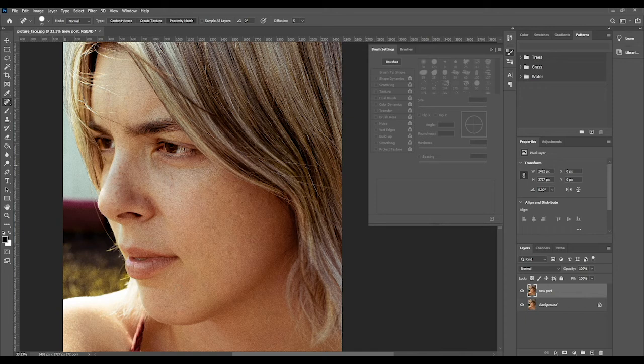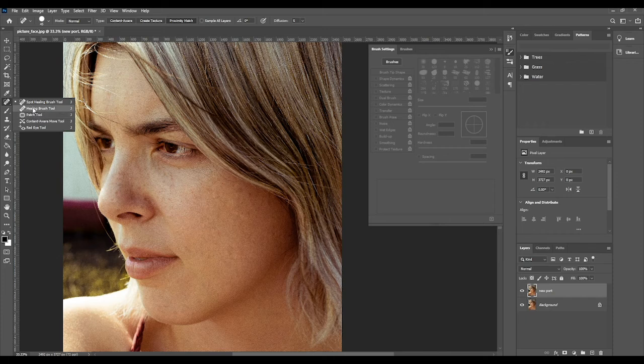Now you can see that the photo remains grainy. It remains with the noise on it, which is what we want to achieve. So in this case I'm going to just start clicking. Now we could continue this, and at this point I want to introduce you all to the healing brush tool,